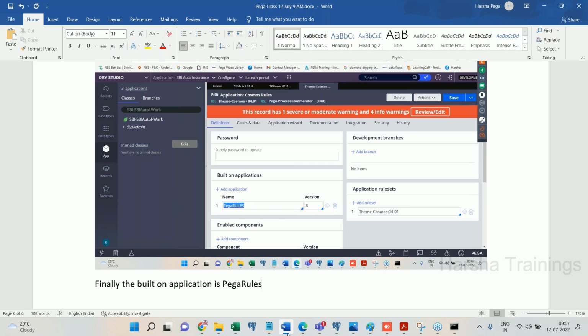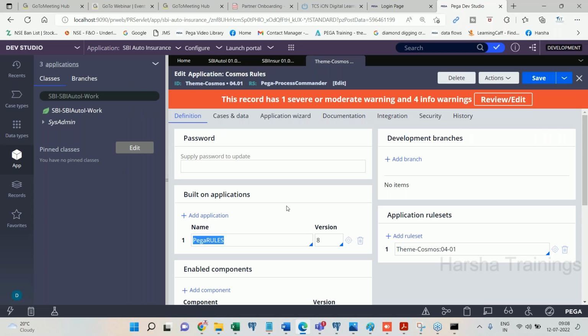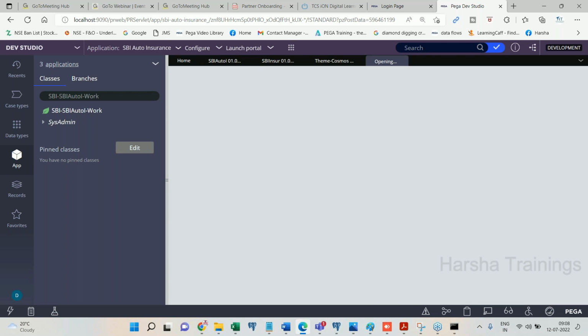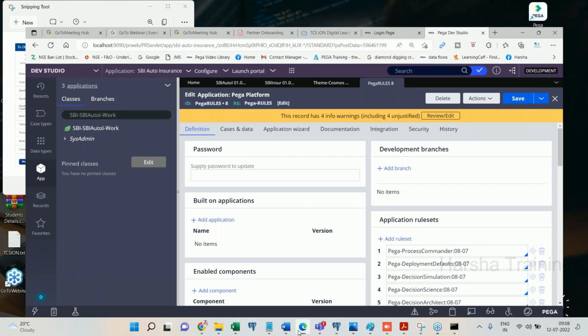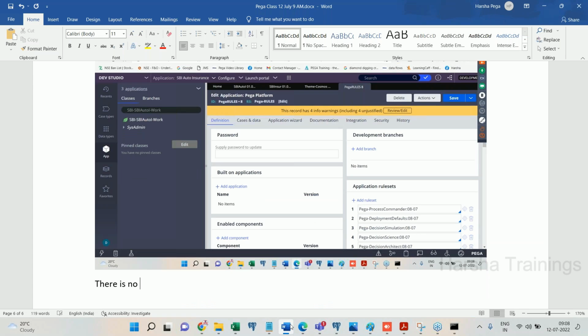Pega rules. What is the display name of the Pega rules application? Pega platform. Now open the definition of the Pega rules application. How do I open the definition of the Pega rules application? Again, you need to click on the edit icon. Is there any built-on application? No. There is no built-on application for Pega rules, which means that the Pega rules application